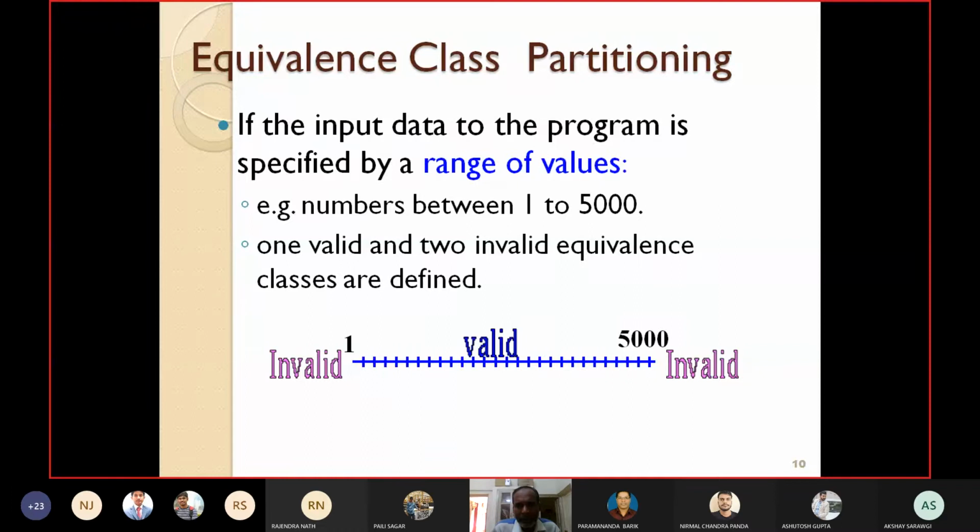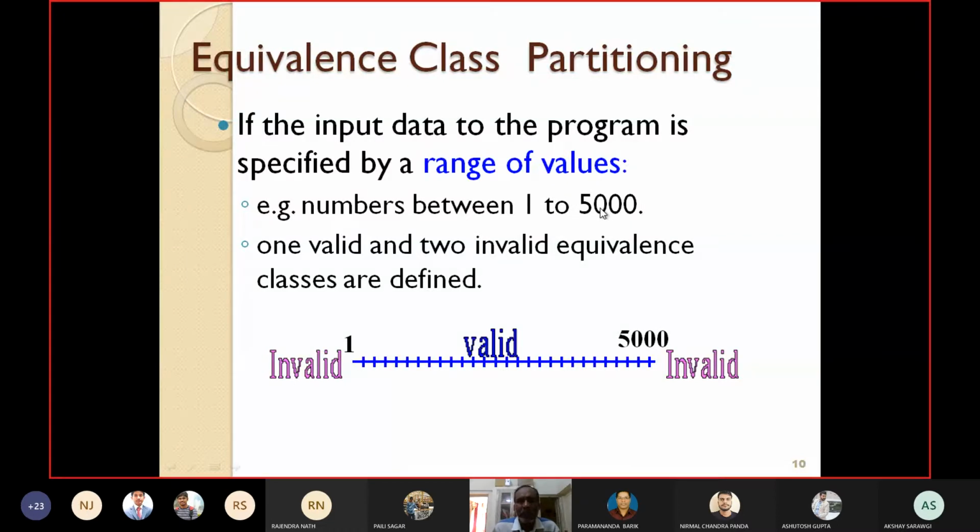One is a valid equivalence class, and the other two are invalid equivalence classes. What is the valid equivalence class? Any number between 1 to 5,000. And for the other two, all the numbers less than 1 are invalid, and all the numbers greater than 5,000 are also invalid, because our program is specified to work for the values within 1 to 5,000.